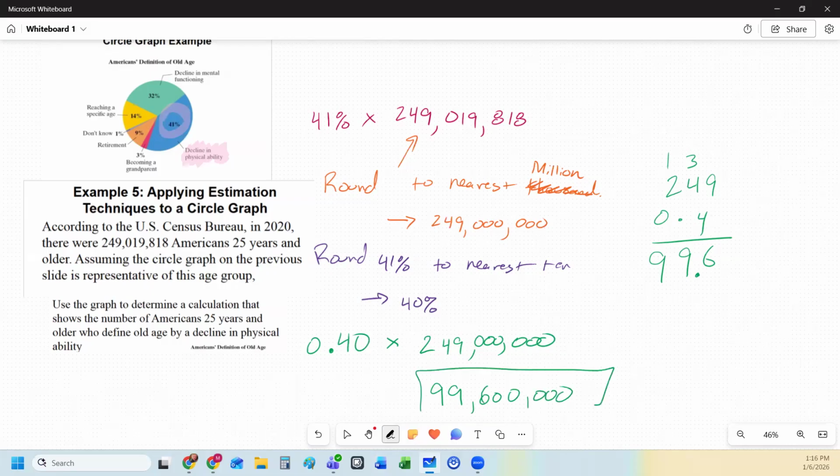And again, it's close enough, right? If we wanted to round this to the nearest million, this would be 100 million. So our answer should be in that ballpark. If I actually do the math, let me just grab a calculator on my other computer. So 249,019,818. The actual answer is